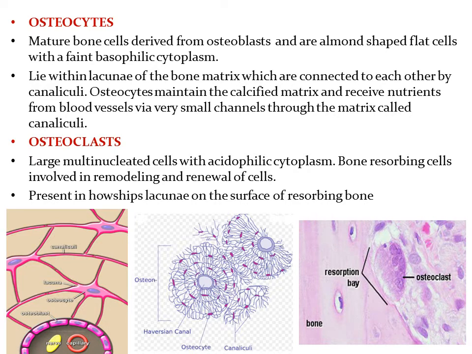The narrow space between the plasma membrane of the osteocytes and the wall of the lacunae and canaliculi is called the periosteocytic space. Here you can see the osteocyte and the bony wall, and the space formed between them is called the periosteocytic space. This space is occupied by extracellular fluid. This fluid serves as a medium for the exchange of nutrients and metabolites between the osteocytes and the nearest blood vessels. The main function of the osteocytes